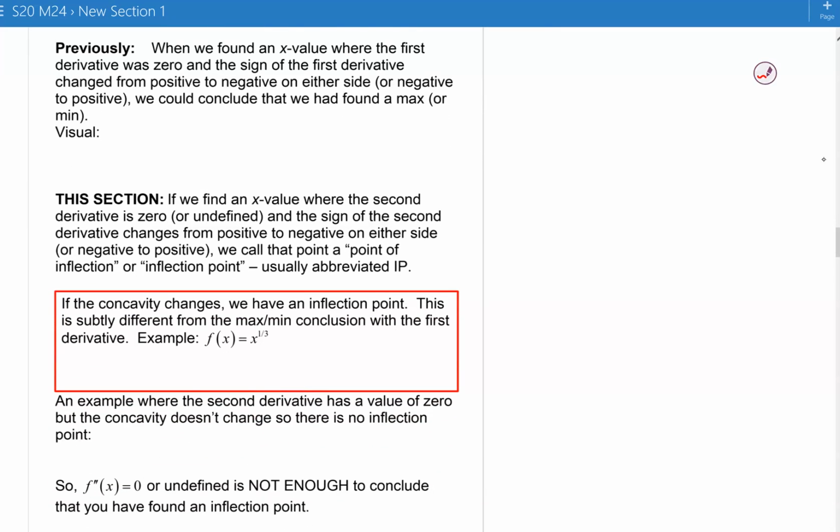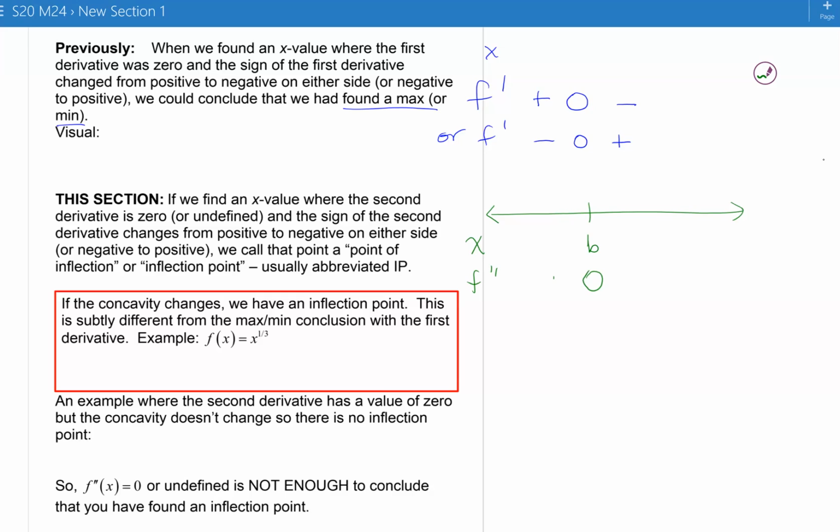Think about the parallel with the first derivative. If we found an x value where the derivative was 0 and the sign of the first derivative changed from positive to negative or negative to positive, then we could conclude we'd found a max or a min. In this section, if we find an x value where the second derivative is 0, and it changes from positive to negative or negative to positive, we call the point where that happens